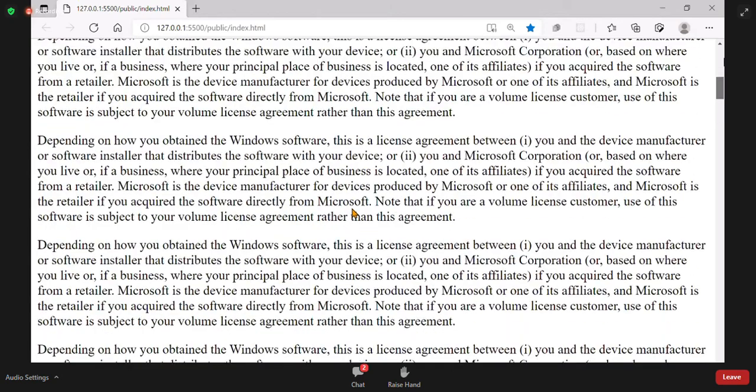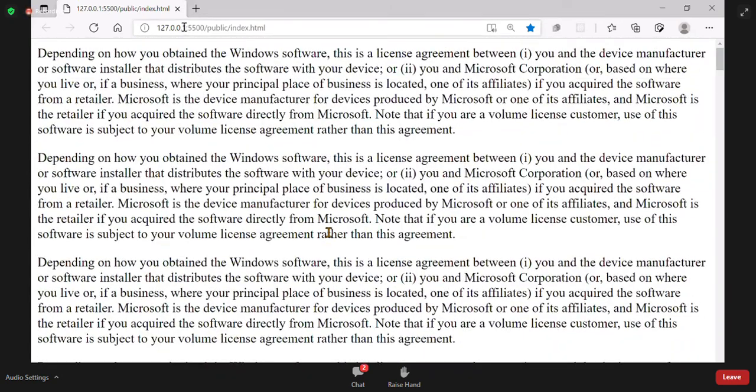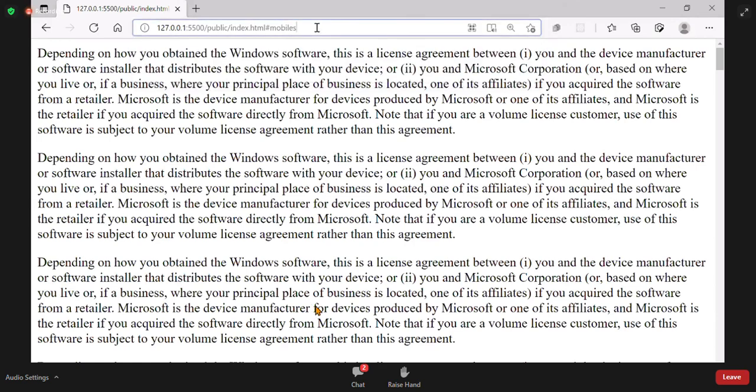Observe carefully. Instead of scrolling with my scroll bar, at the top I can simply type after index.html a hash, and type mobiles and hit enter. It will take me to that mobiles location.